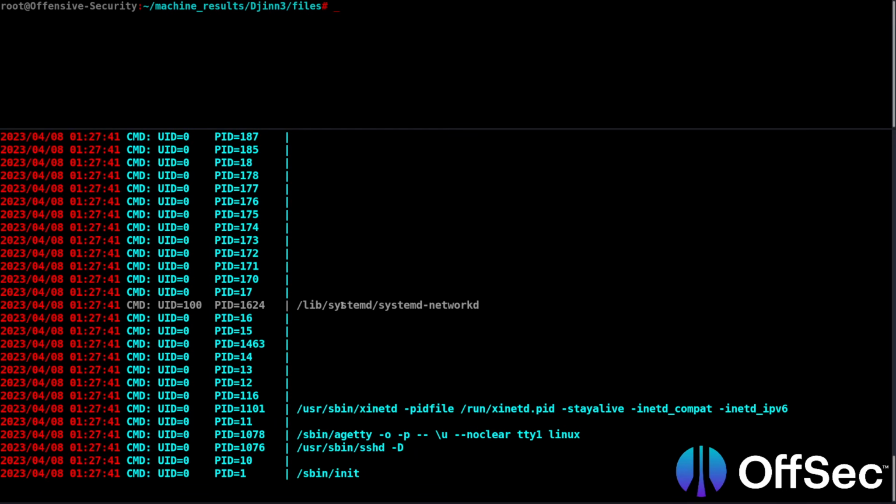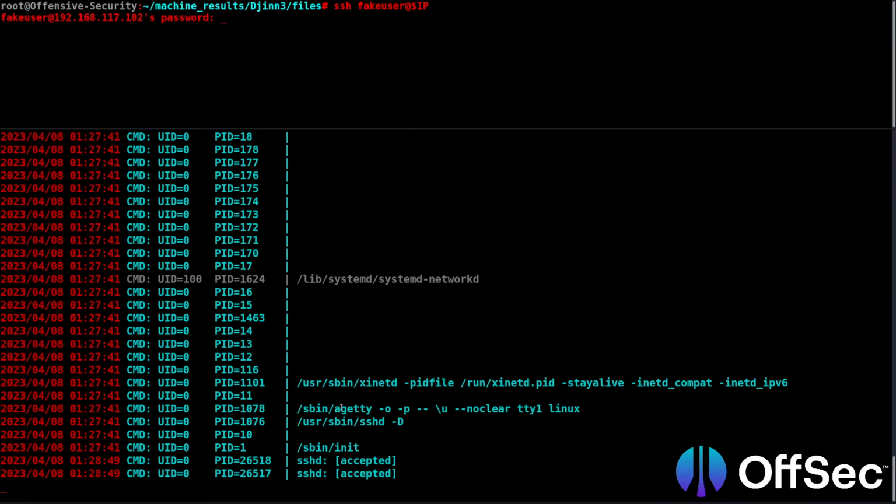Red and yellow highlighted writing. No, what we're looking for here is cron jobs. I like that. We're looking for IO operations as well. pspy is an excellent resource because it doesn't just tell us cron jobs, dude. If I were to execute something or attempt to SSH as fake user at the target IP, watch this. Boom. You get to see operations occurring at a service level, right? So how nifty of info is that? It is a super useful tool. Super useful. So we're looking for all I/O operations,